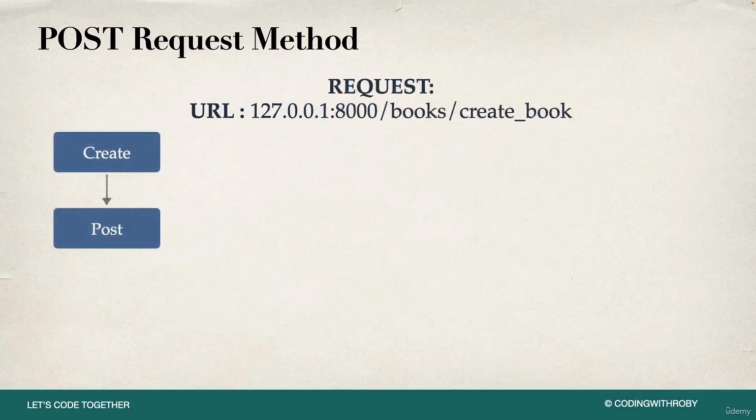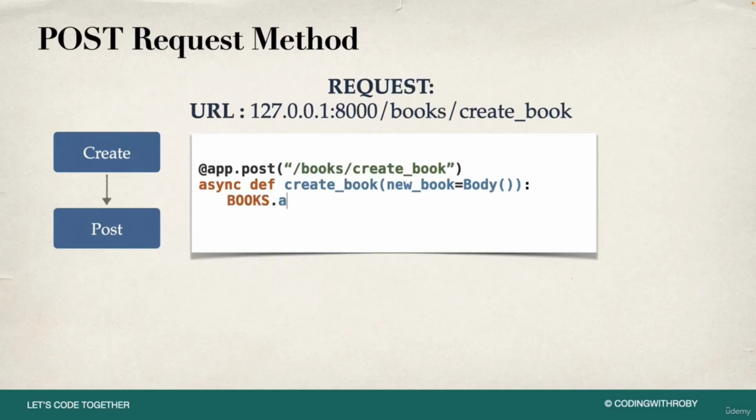So let's take a closer look. So our request might be just our localhost port 8000/books/create-book. So we're not using any kind of query parameters and we're not using any kind of dynamic path parameters. So our function is going to be @app.post. So instead of .get, we're using .post, and then